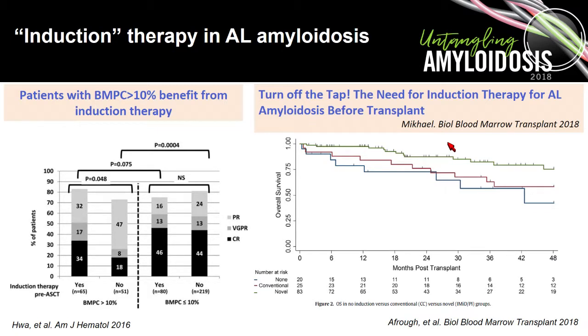It has been shown that induction therapy preceding stem cell transplantation is useful, particularly in patients. There is approximately 50% of patients with AL amyloidosis who present with a bone marrow infiltrate of greater than 10% plasma cells. So they have a higher response rate. But more recent data showed that this also translates in a survival benefit when induction is done with newer drugs,